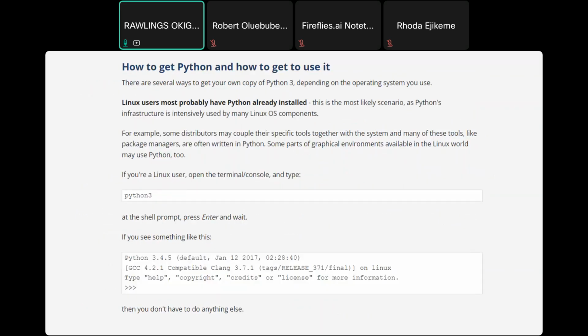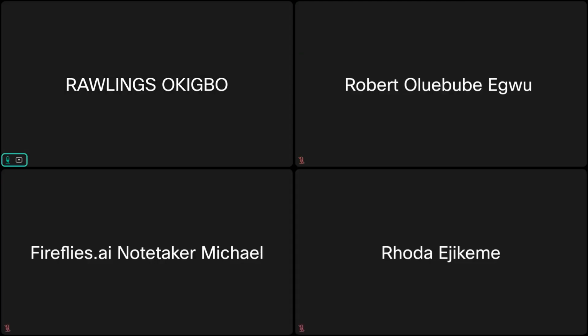Now, this is where we have to do a little bit of practical. I'm just going to show you how to set up your Python environment for those of you that want to set up the Python environment. Let me stop presenting. Let me present my screen. So if you download Python from the internet,